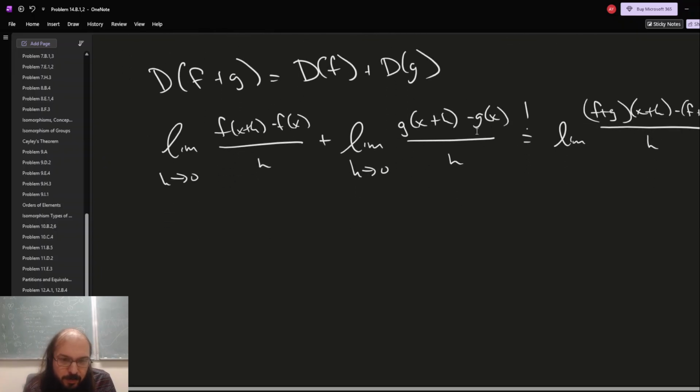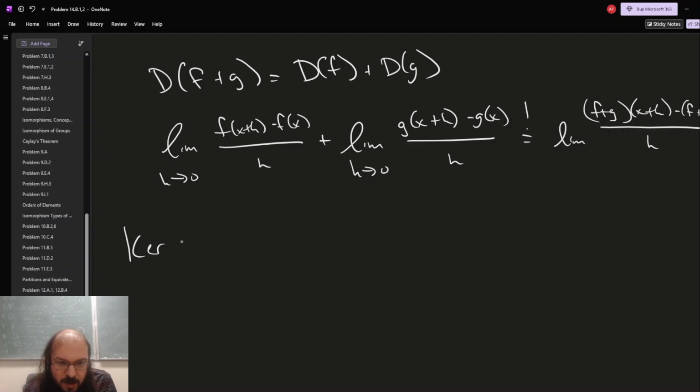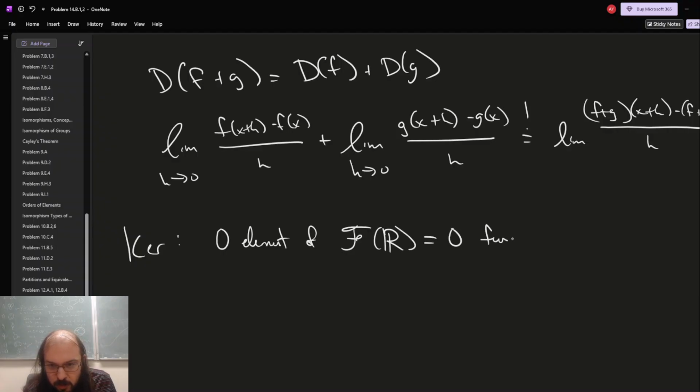What is the kernel? Well, the kernel is the set of things that map to 0. The 0 element, the neutral element of F of R, is the zero function. So in other words, we're asking ourselves which functions have their derivative identically zero. And we might recall from calculus